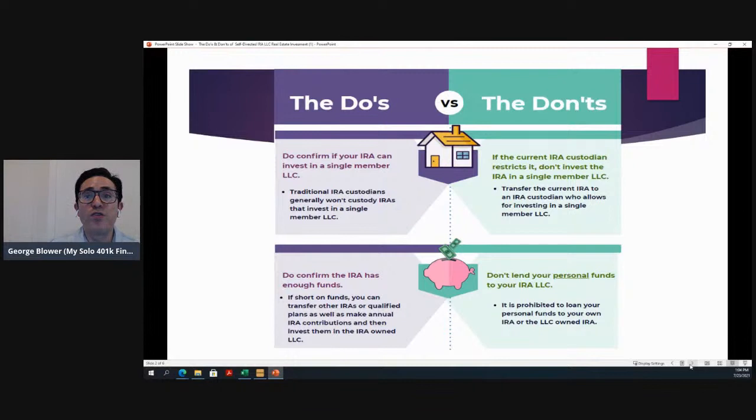There is a universe of custodians out there that will allow you to invest in alternative investments, for example, real estate directly in your IRA or other types of alternative investments like precious metals, but they don't allow their IRA clients to invest their IRA funds into an LLC. Under that scenario, the IRA custodian holds the money. Under the IRA LLC scenario, the money's in an LLC bank account where you are the manager of the LLC and therefore have checkbook control.